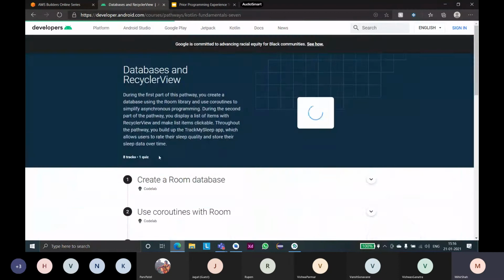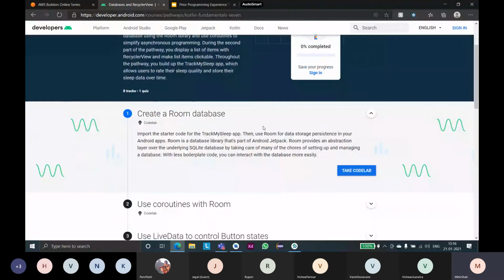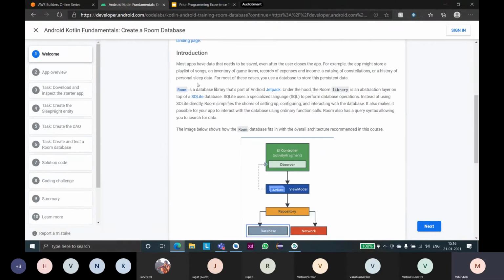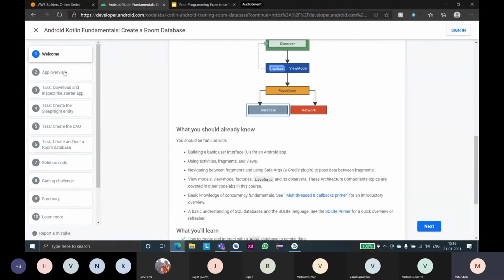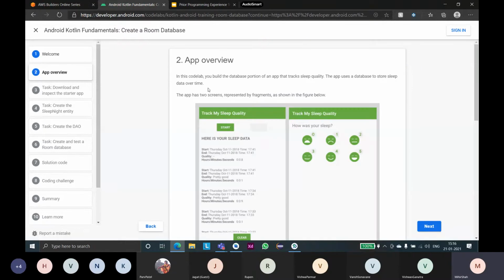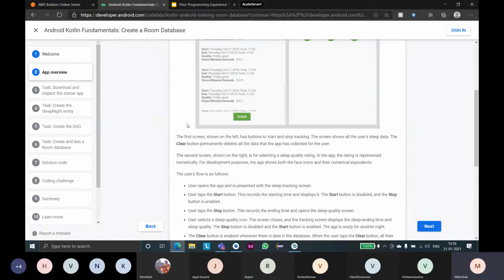When you open it, the first one is the create Room database code lab. Here you will be making a sleep tracking app. So we'll take the app overview first. Track my sleep quality. Okay, so you will build the database portion of the app that tracks sleep quality.